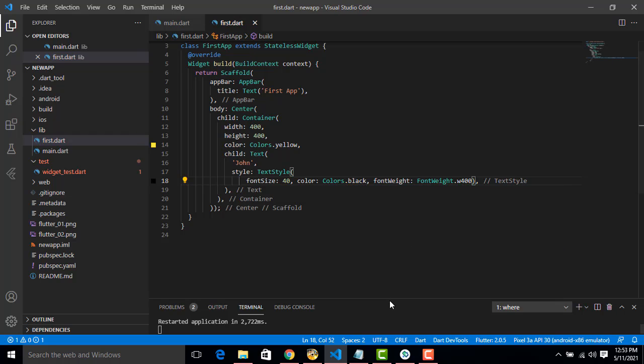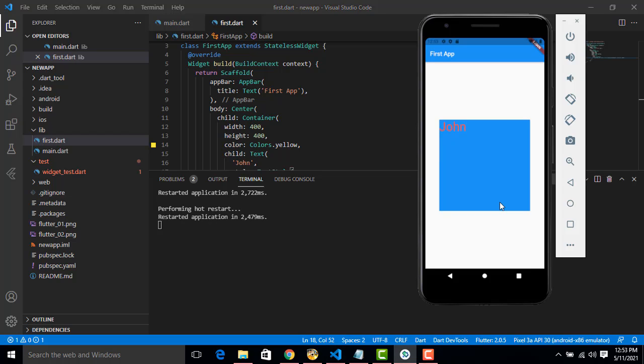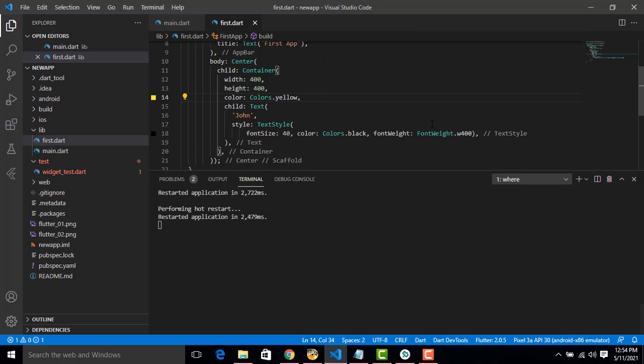Now we have to click here, Shift R, it should be the hot restart. If you restart here, you will be able to see it. It will be getting the size as 400. Okay, this is simple. You can see here, right?